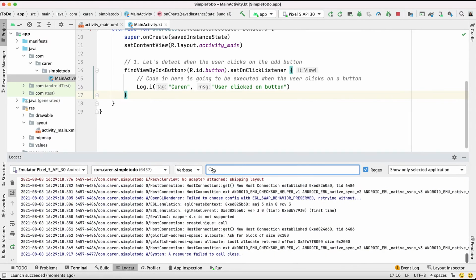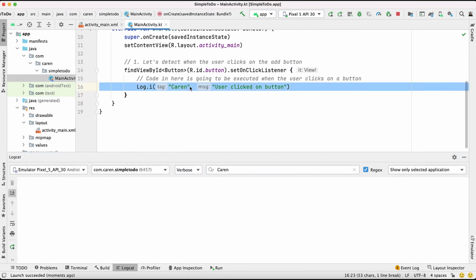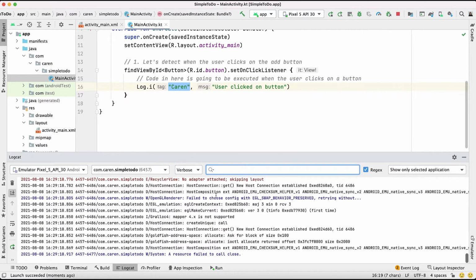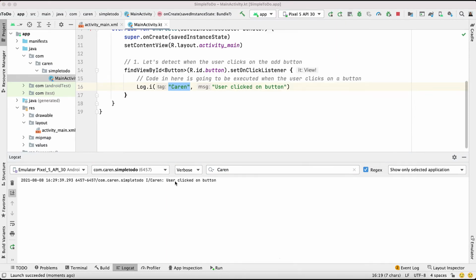I'm actually going to filter these log messages by the tag I have here. You'll see the tag string I had here was Karen, and I'm going to put that same tag up here so the log messages are filtered and it's not really messy. If I don't filter the log messages, there are a lot of messy log messages that I don't really care about right now. Now, if I click on this add button, you'll see that there's this log message that prints out,